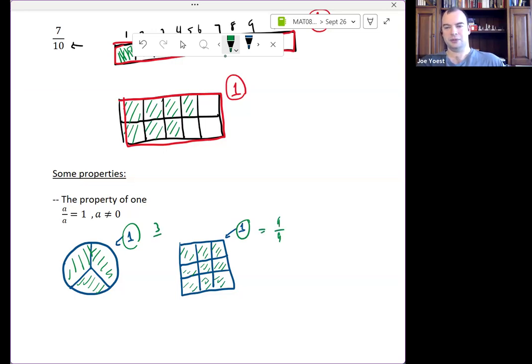9/9 equals 1, or 3/3 equals 1, or 4/4 equals 1, etc. So the denominator tells me I take a whole, either a circle that I think of as representing 1, or a rectangle or square that I think of as representing 1, something like that. I take a whole. The denominator, the bottom number, tells me how many times to cut that up, how many slices to make. And the numerator tells me how many slices to select. If I select all of the slices that I made, then I just have the entire whole. I just have 1.